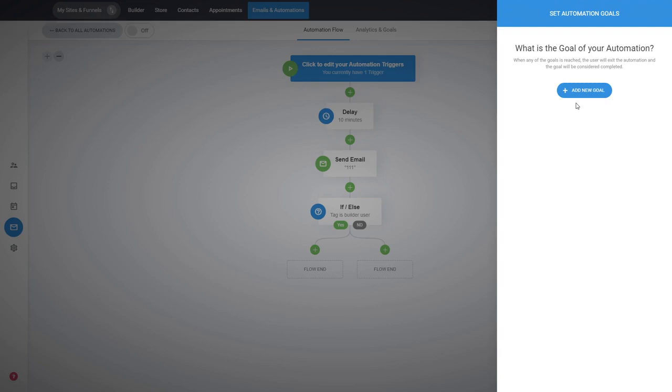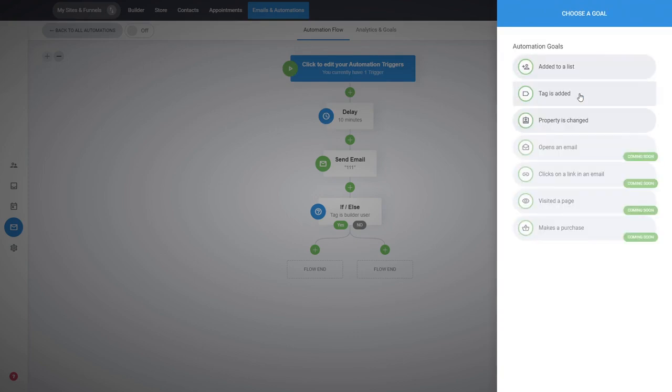So you don't have to send them more emails or do more actions for that user, because they achieved what you want them to achieve. And here you can define the goal. Let's say when a tag is being added. So for example, your idea of the flow is a person to purchase a product. So you send them emails and different things to encourage them to purchase a specific product. So in the checkout that you create, you can just add a tag. Whenever somebody checks out,